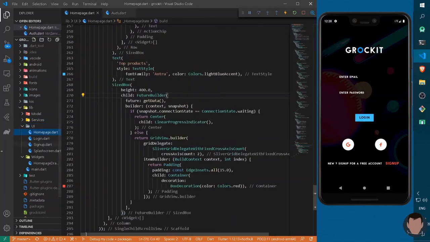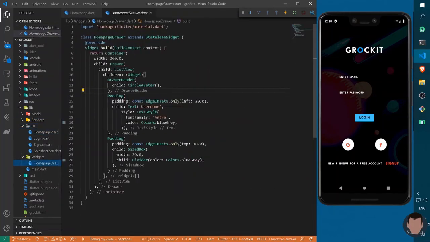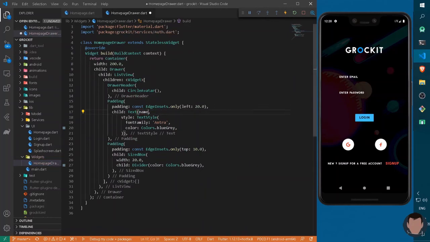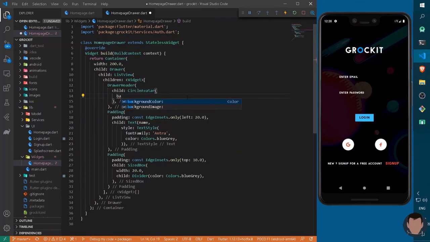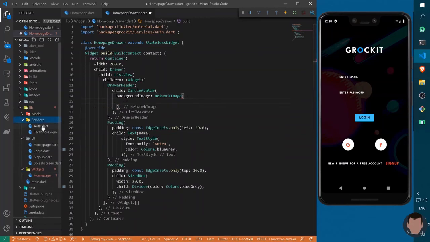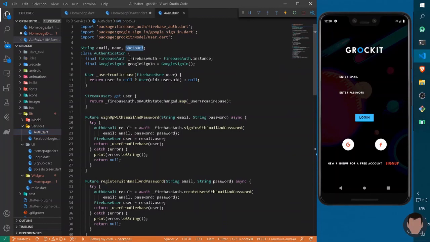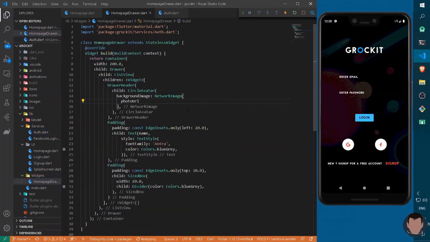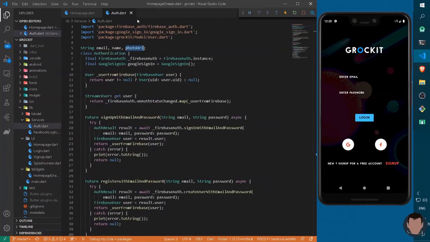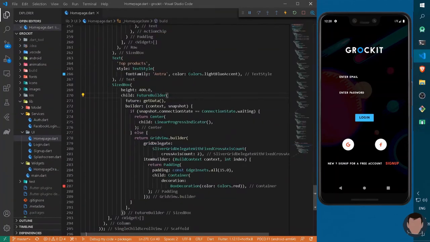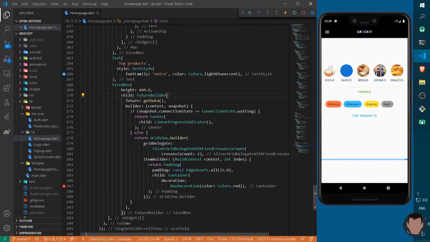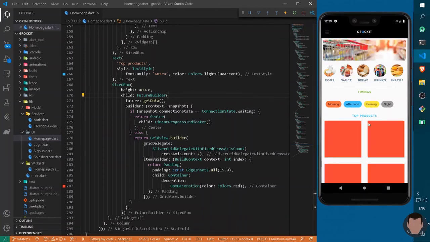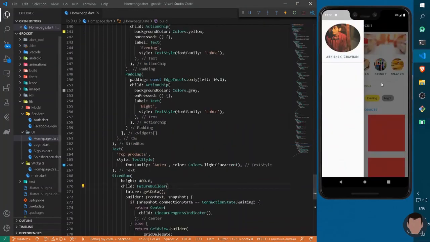So in the home page, that is in the widgets here, under the username I can simply say name, and similarly in the CircleAvatar I can have a background image of NetworkImage, and let's check what we have named it, its photoUrl. So just copy it from here and paste it here. Let's Ctrl and S, and now let's log in with Google. Now we have logged in, and similarly we can see a grid view here. So now you can see I have my photo as well as name here.